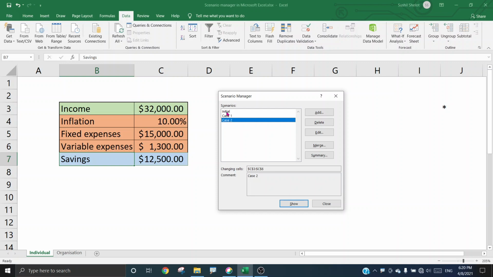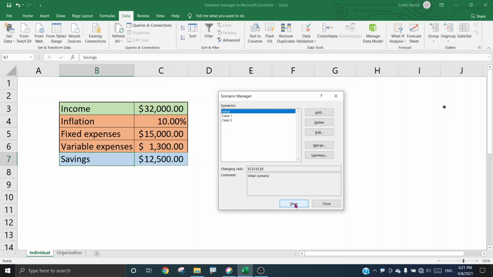So if I go to the first one, that is the initial scenario, I see here there are changing cells which are $C$3 to $C$6. Those are seen on your screen here, which I am highlighting in blue. These are the variable cells chosen for this example, and now when I use them, what derivative I get here. So let me find out one by one what is the output of the individual scenarios.